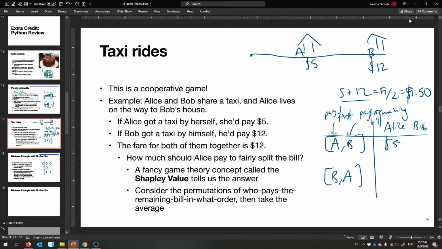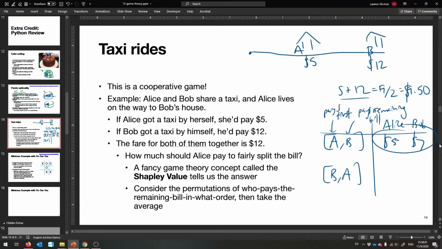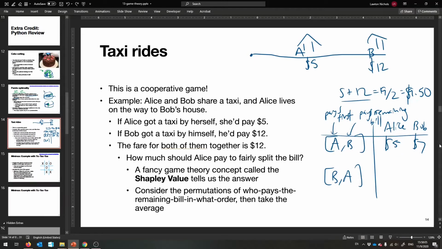Okay, and then if we were to follow along with this order still, Bob would be paying the remaining part of the $12, because that's the total still, because they're both taking the same taxi, right? Which would end up being $7 for Bob? Yeah? So Bob will pay $7 in that case, and Alice would pay $5. So obviously this is not optimal, because Bob's paying less, but Alice is paying the same amount, but we're about to average these in a second.